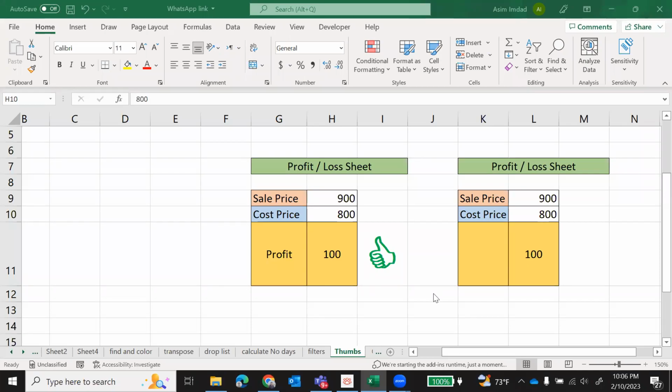Hello, in this video, I'll show you how we can make thumbs in Excel. You can see a small sheet in front of you. It has sale price and cost price. If our sale price is higher than the cost price, then we are in profit, and the profit is calculated here. And as a result, this thumbs up